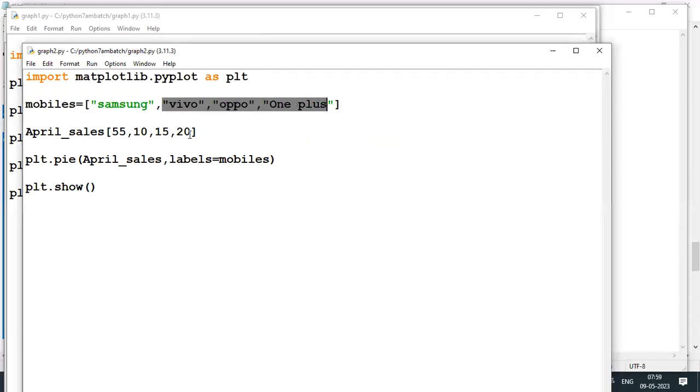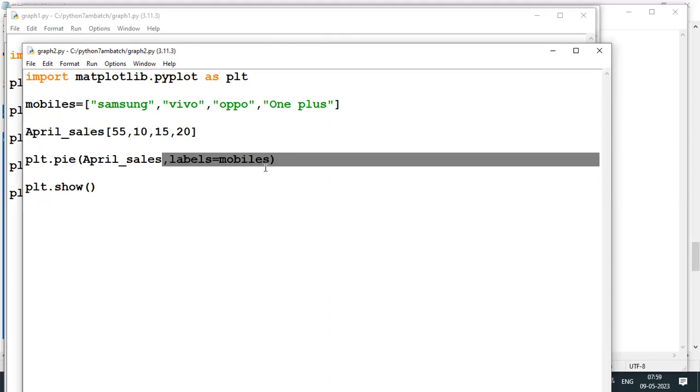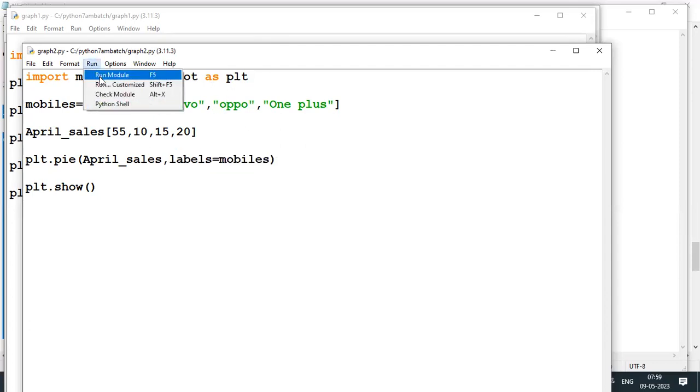Samsung, Vivo, Oppo, OnePlus, right? These are the mobiles. These are the sales, right? plt.pie, April sales, labels, mobiles. Run module. Check this. A pie graph is going to be generated from this, right?